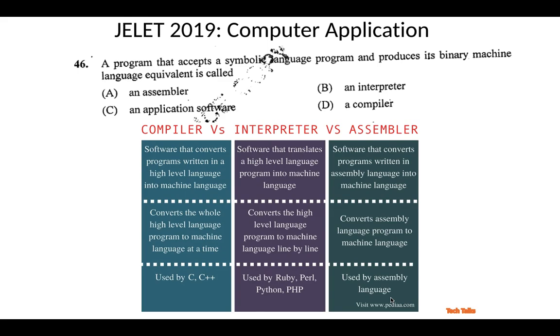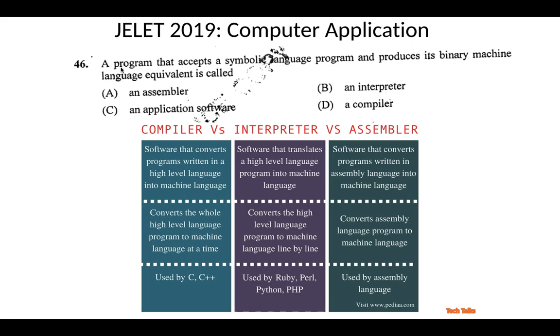And what is an interpreter? An interpreter translates a high level language into machine language, but it does so line by line, not the whole program. In the case of a compiler, the whole program is compiled into executable code, and then it can execute anywhere. But with an interpreter, like JavaScript, Python, Ruby, PHP, Perl, all these scripting or interpreted languages, the program is run one by one. One line is read and executed, then the next line is read. That is the difference between compiler and interpreter.